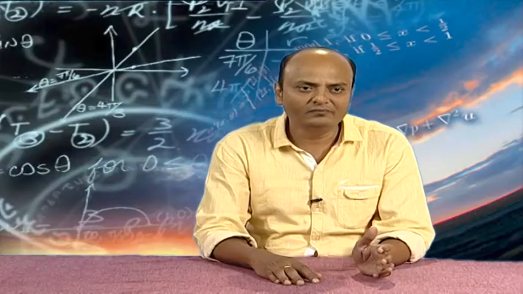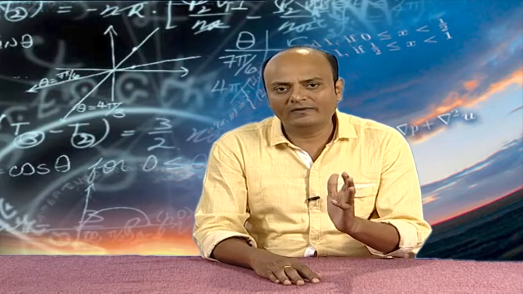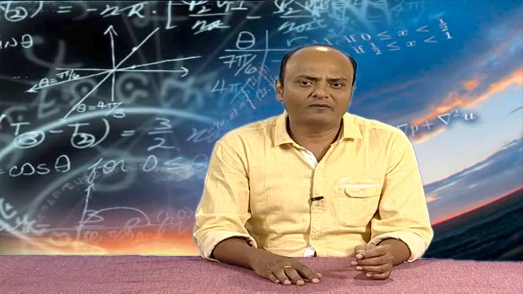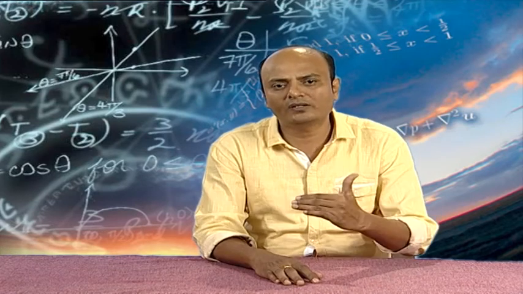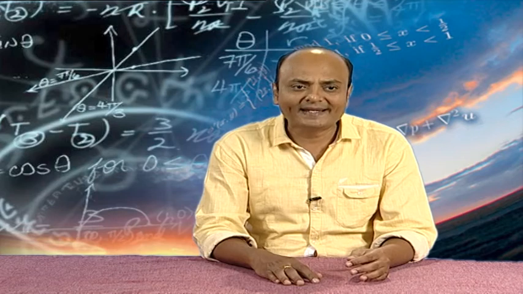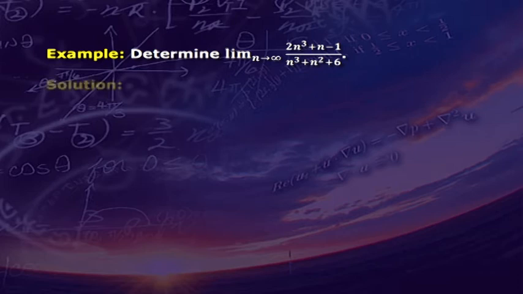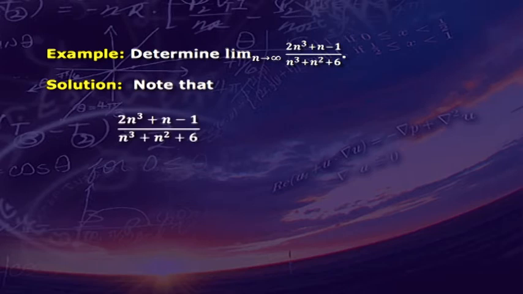Since we often encounter finding the limit of a quotient of polynomials P_n over Q_n, we take an example to understand it. Example: determine limit of 2n cube plus n minus 1 over n cube plus n square plus 6. Solution: note that 2n cube plus n minus 1 over n cube plus n square plus 6 is